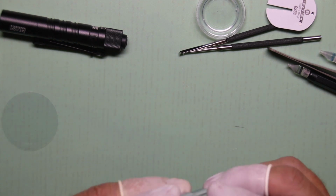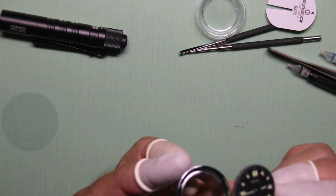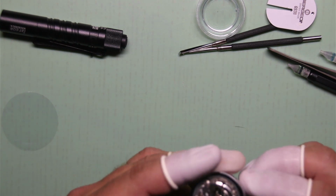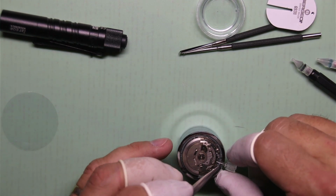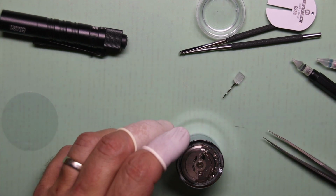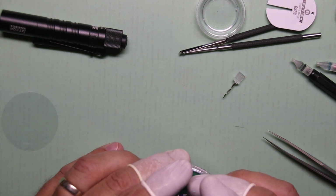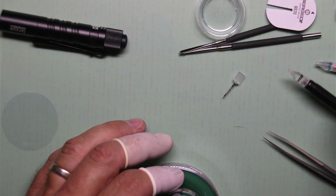And now the nice thing about this holder is you can put the movement in there upside down, and it just supports the very edge of the dial. So now I'm pushing the little lever down so I can get this stem and plastic crown out of there. Flip it over onto my case cushion, and there you go. So on case cushion,